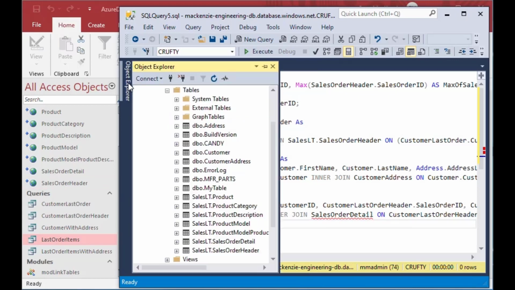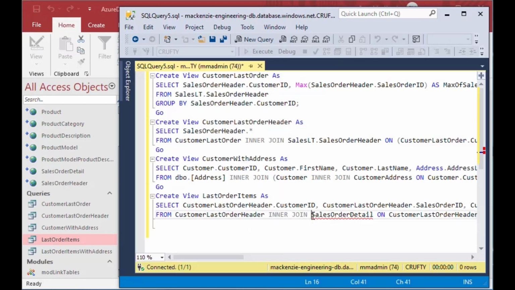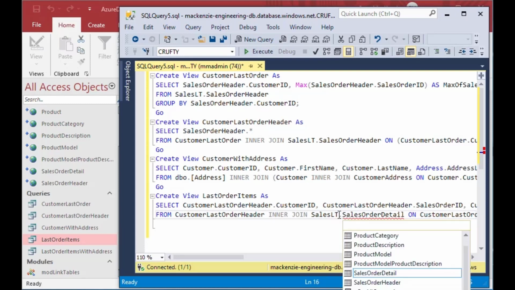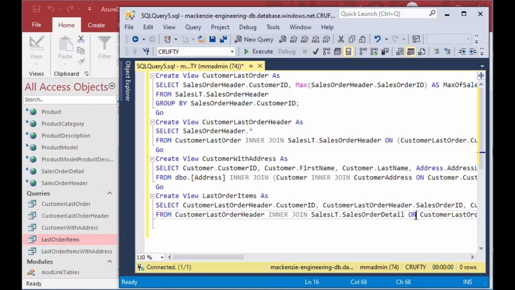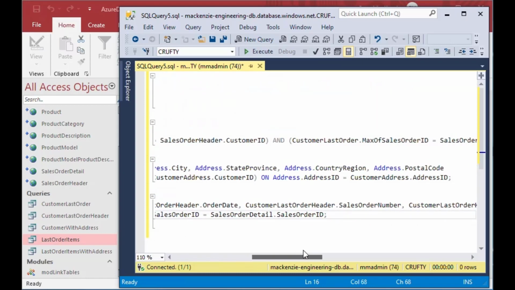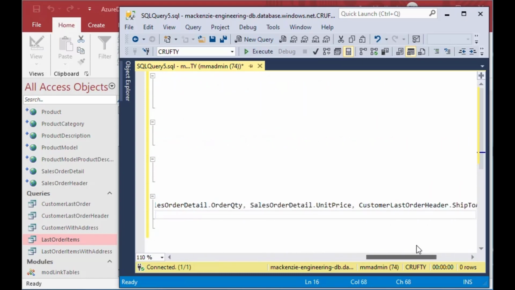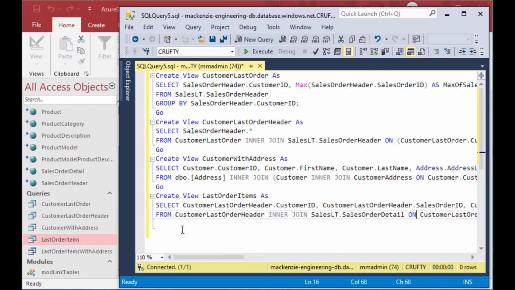Now this one uses sales order detail, and if I go look at sales order detail, you'll see it has that SalesLT there that it belongs to, and so we're going to put that in. And if it had said DBO, we might put a DBO in there, but in this case it looks like that's the only offending one in there, so we're good to go. We can move on to the next one, and we can do the final one, which is the last order